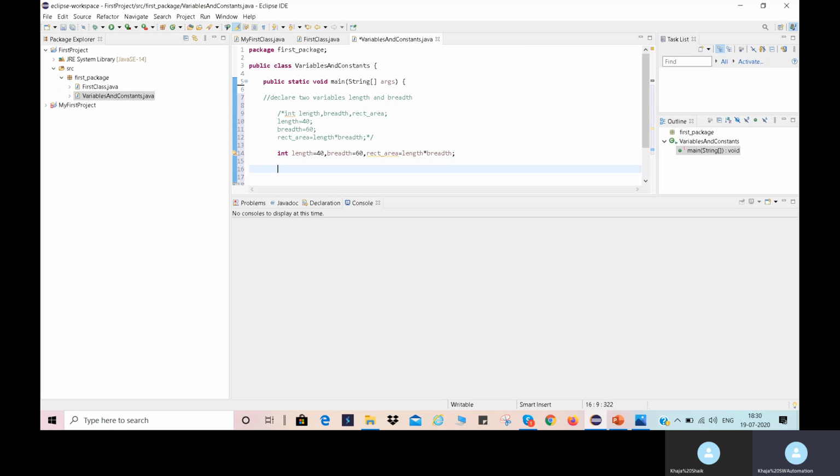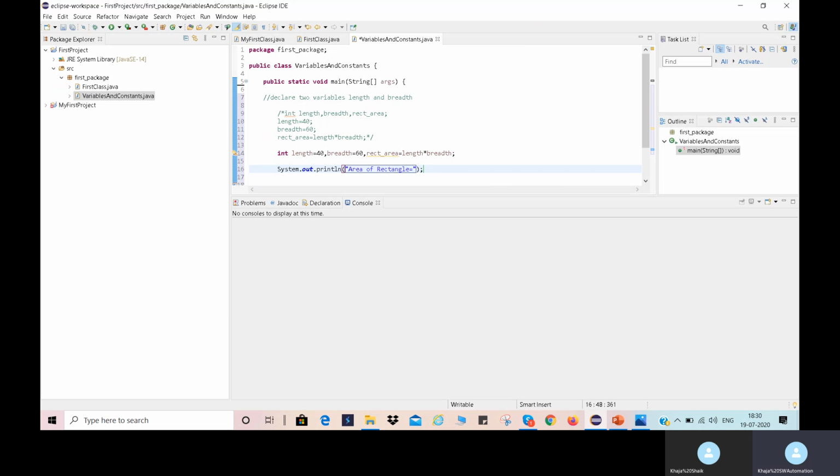Now I am displaying the value. So how can we write System.out.println, Ctrl+Space, and here you can give double quotation one time, then area of rectangle is equal to.